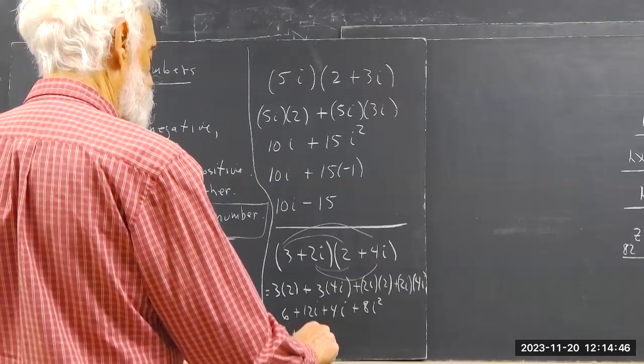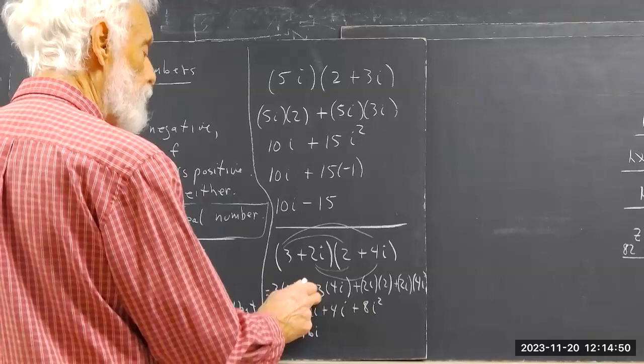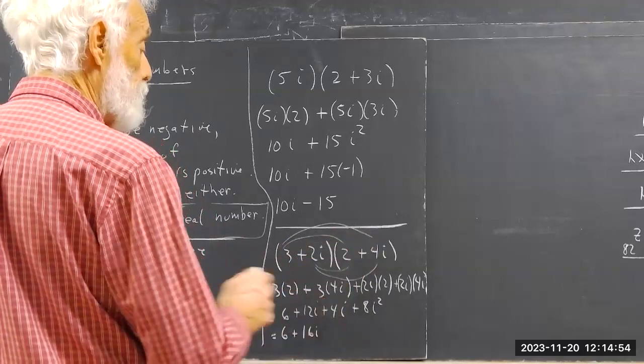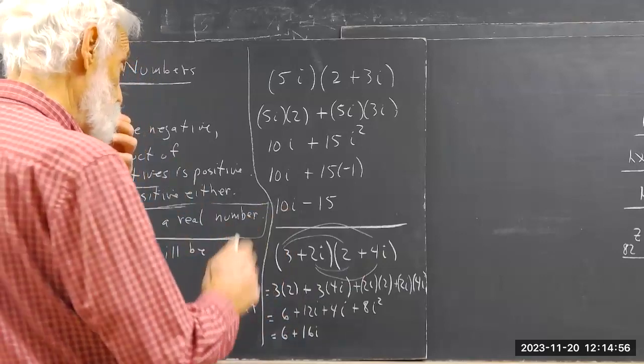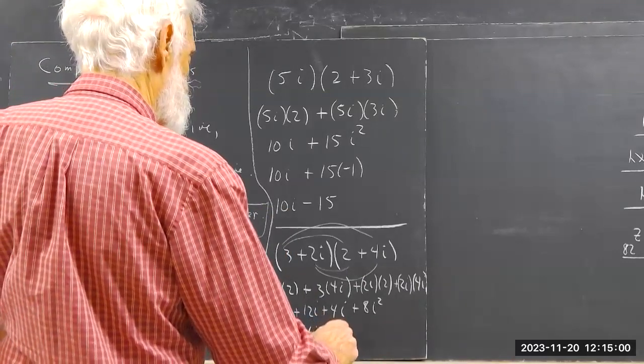plus 16i. Now, I think I did see a mistake on one paper. So we have 4i here. You have to do 3 times the 4i, and that's going to give you 12i. It's the only big mistake I saw. And then there is 8